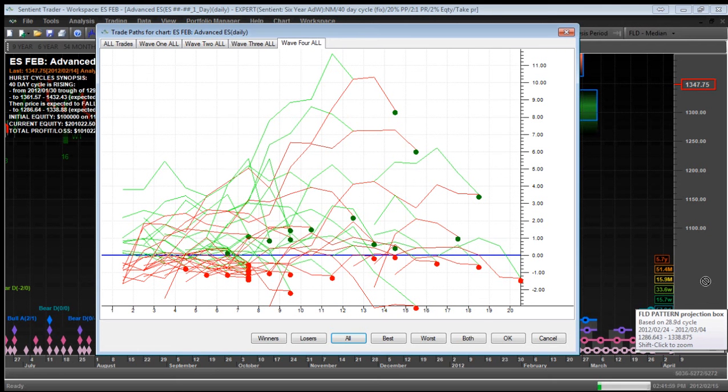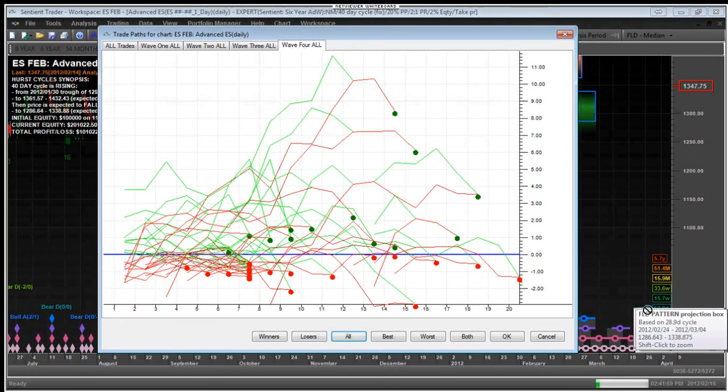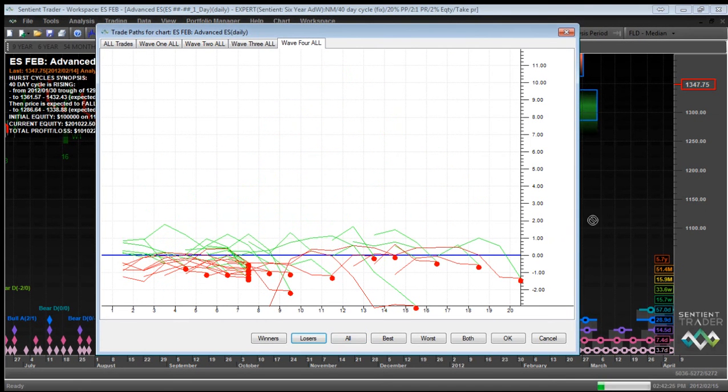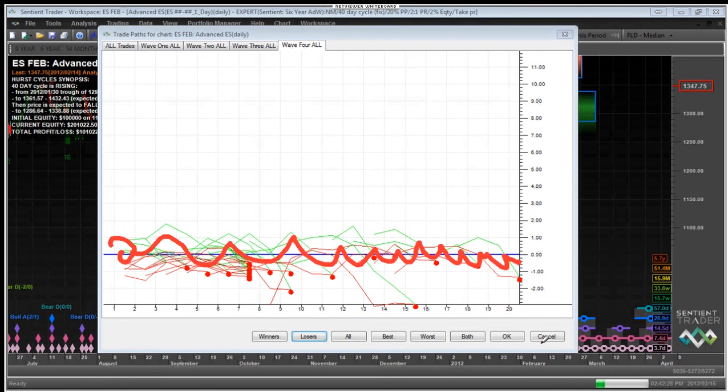If we have a look at any one of these tabs, you're going to see in a very general sort of a way the same shape. You start at break even, of course. Generally, each wave has that sort of a shape. I'm hoping you're seeing it. You should see it as you start doing your trades. All your winning trades have that kind of a shape.